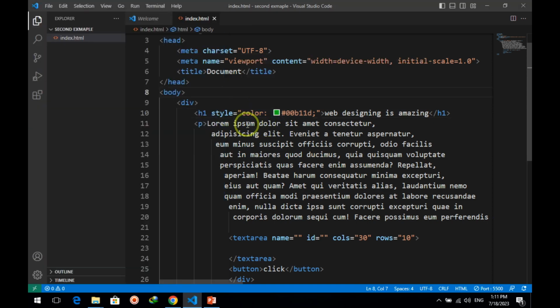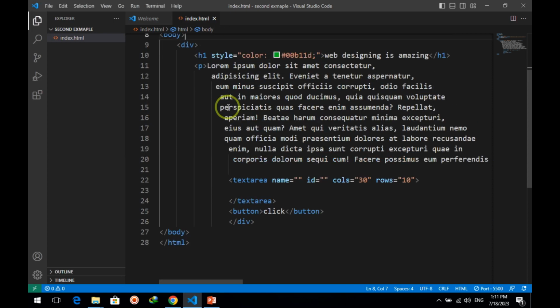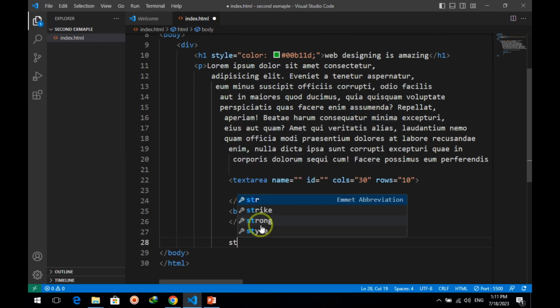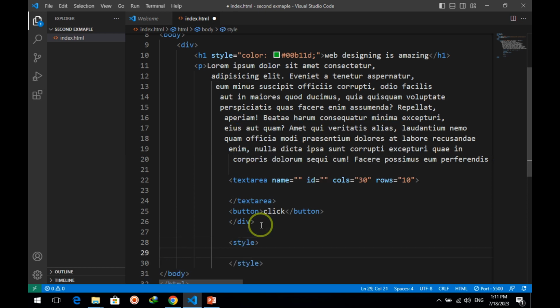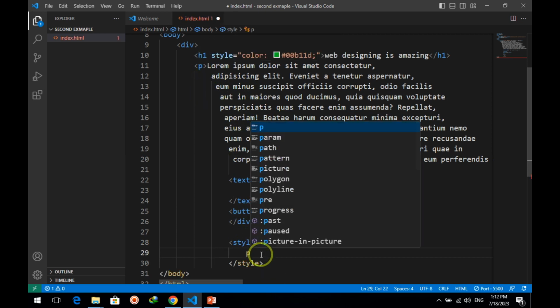The second way is that we can use the CSS inside of the HTML file. How can we use it? Come right here, style, the opening tag and a closing tag. Inside of this you can give style to this content. For example, in here we have the body, P. Just P, because we didn't give any class or ID to this P. Should write just P,